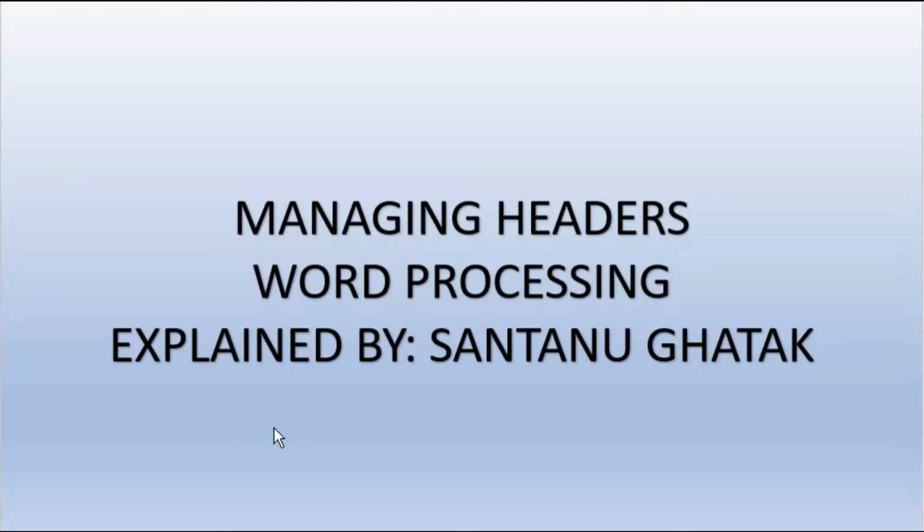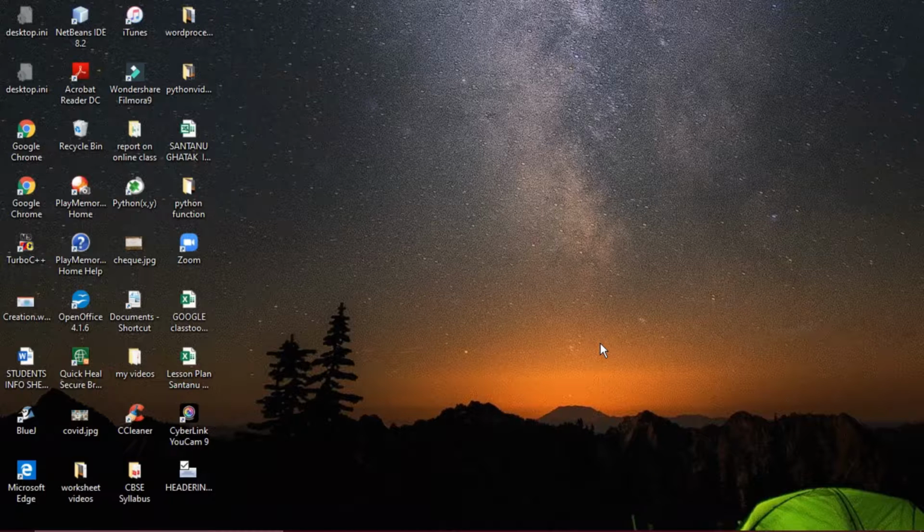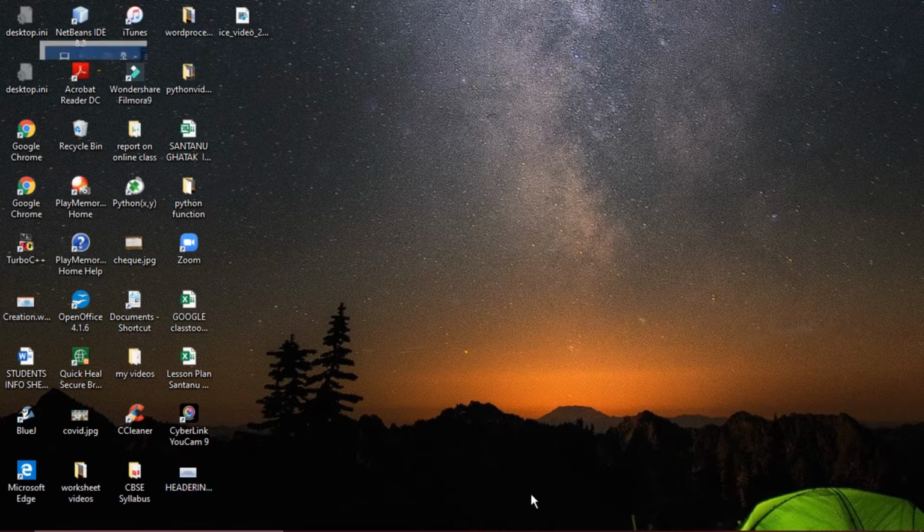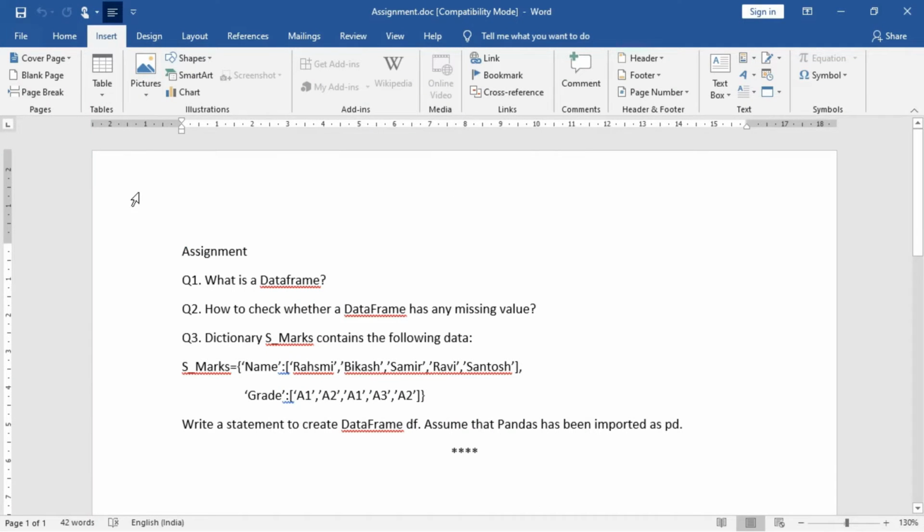All right, so next we will discuss the steps to insert the headers and footers in our subsequent tutorial. Now watch it. For inserting a header, first of all we need to open a document. Here we will enter the header and footer. Now what are the groups and the main options you have to select for this? Let us come one by one.